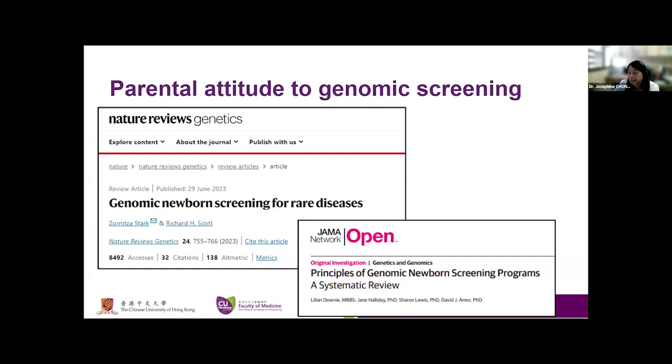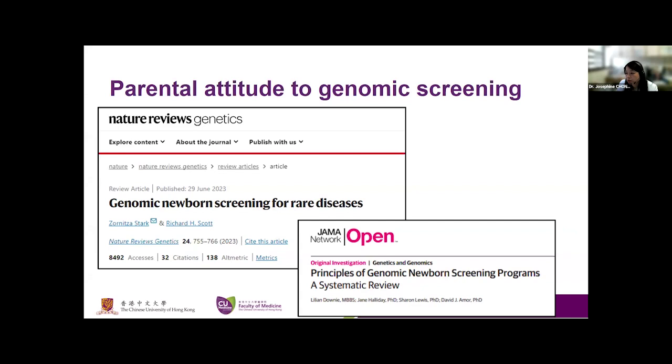The reason is that parents usually want to help rare disease patients get early treatment. Sometimes they may not understand, if this kind of genetic testing is rolled out as a genomic screening program for asymptomatic patients,